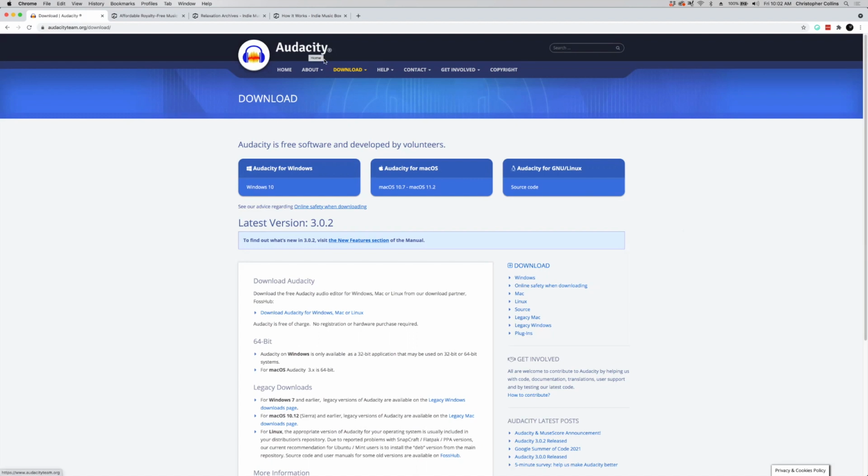It's free, and I'll include a link in the description of the video where you can download this. You'll see there's buttons to download for Windows and another button to download for Mac. So you'll download the program, install it to your computer, and the next thing you'll need is some music for